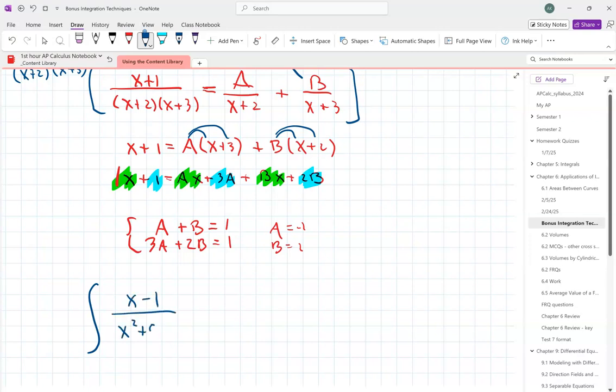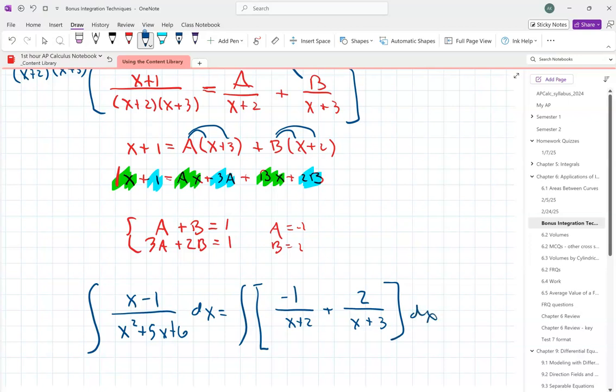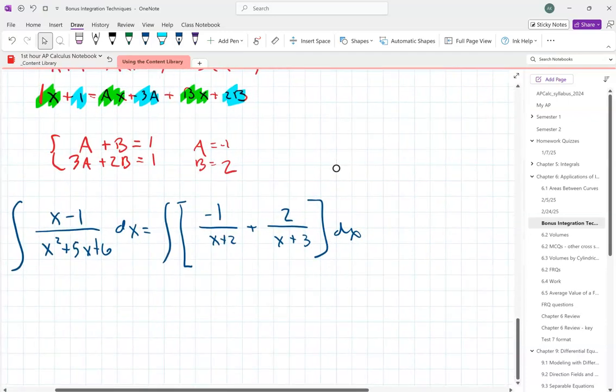So if I then had this integral, I would rewrite this this way. That's a bad looking 2 there. Do a better job. So far, so good. It's okay. Now, to integrate each one of these 2 rational functions, since they are degree 0 over degree 1, I can